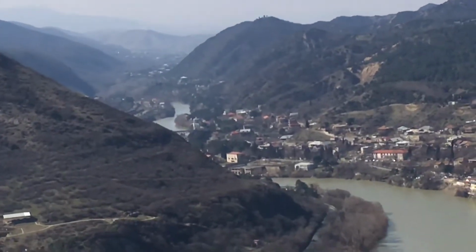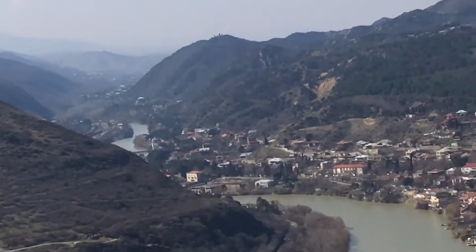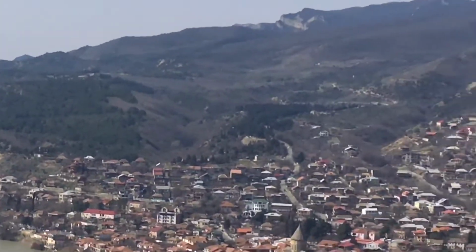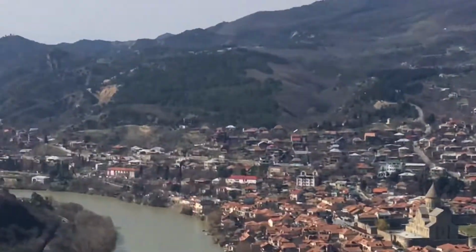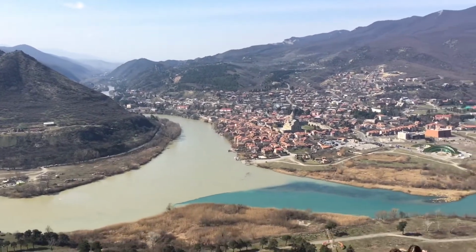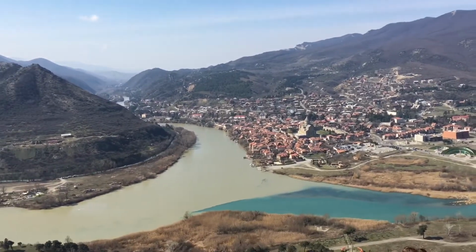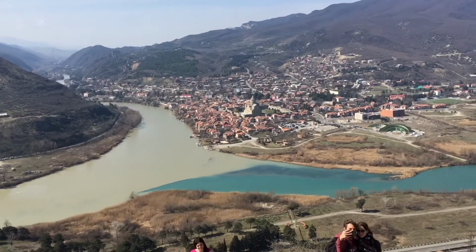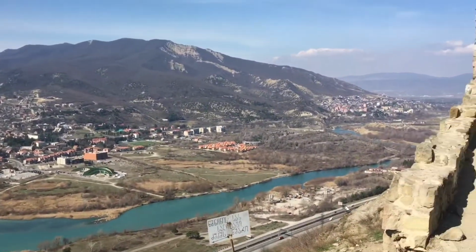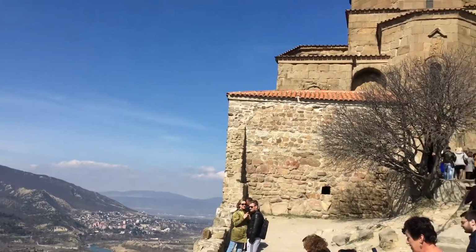You can see the borders stretch all the way down. So all along the river, what is archaeologically interesting are the graves. Behind this triangle mountain, there is a necropolis of Georgian kings and noblemen. And this was the full capital. Those graves are full of different goods of gold and silver, and in most cases they are brought from the Roman Empire or they are gifts from